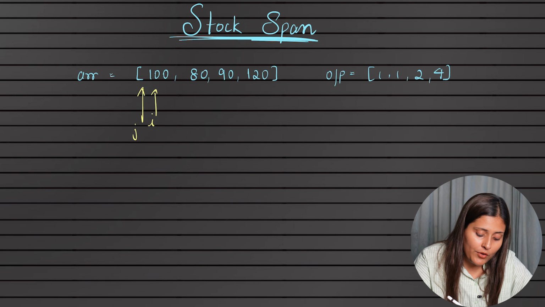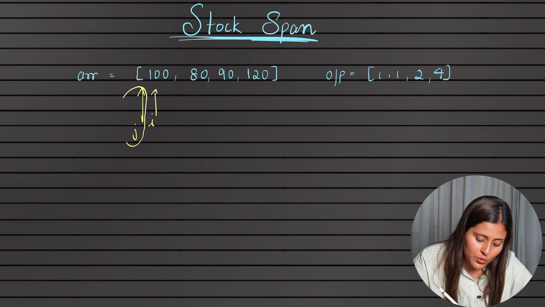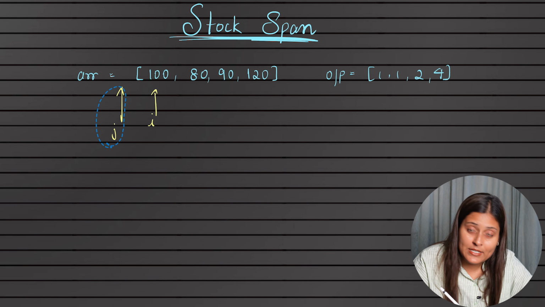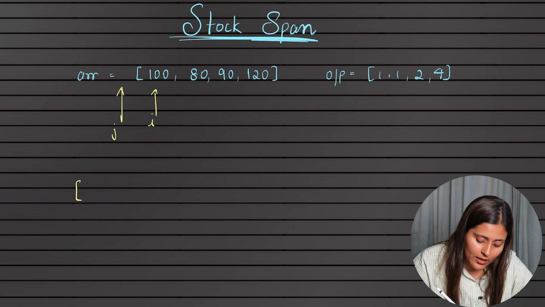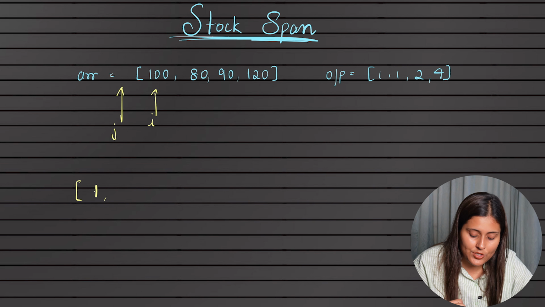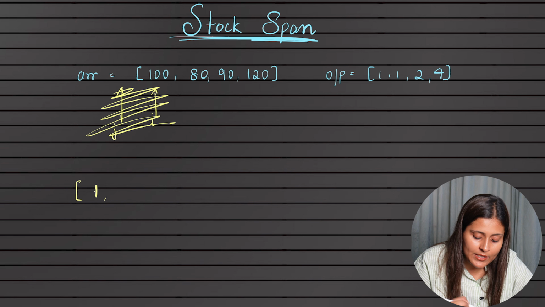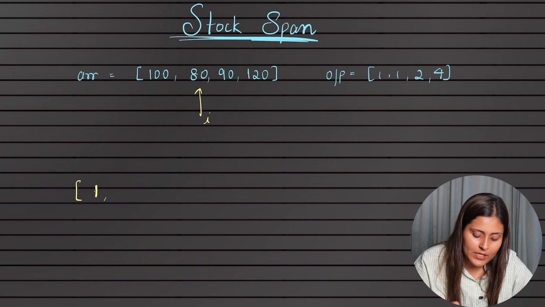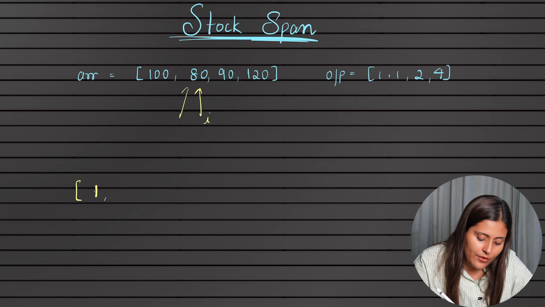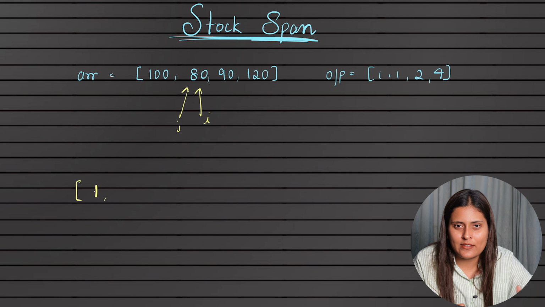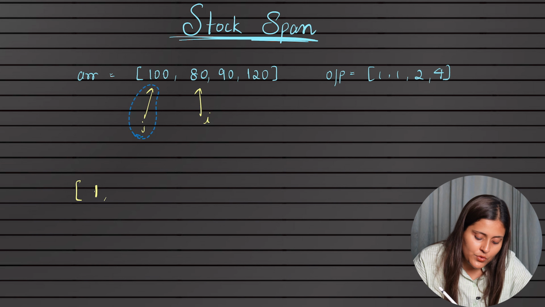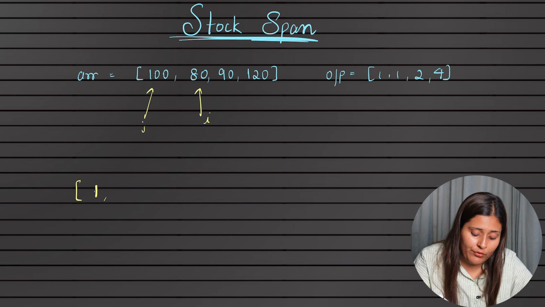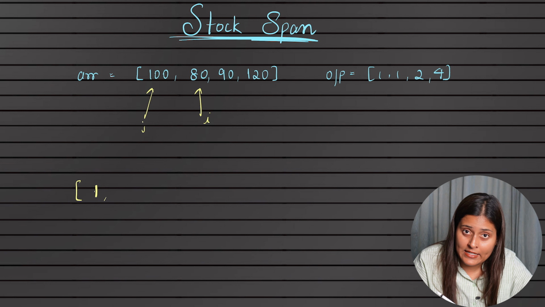Yes. Now what we do, if it is less than or equal to, yes, and then we move our j towards its left side. But now as j is out of index, for the ith index we will add one such count. Okay, now we will initialize our i from the first index. Again j from the first index, is 80 less than or equal to? Definitely. Now we will move towards its left. So now we check, is 100 less than or equal to? No, it's not, so we will stop